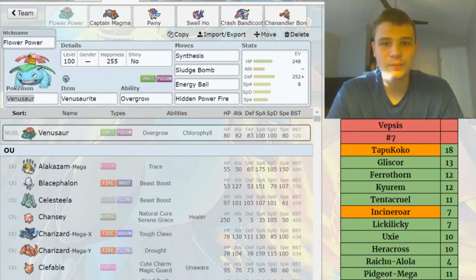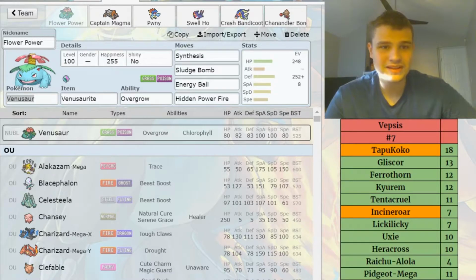And I am going up here against Vepsis, and he's got himself a team consisting of Z Tapu Koko, Gliscor, Thorn, Kyurem, Tentacruel, Z Incineroar, Licky, Uxie, Heracross, Alolan Raichu, and Mega Pidgeot. And I've got myself a team right here, and I'm going to go over my sets and talk to you